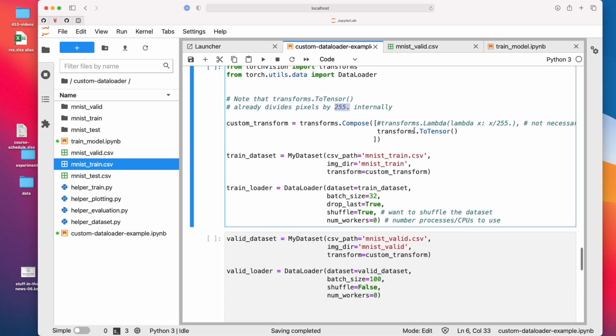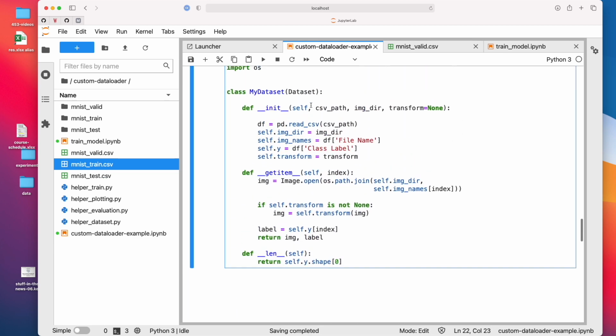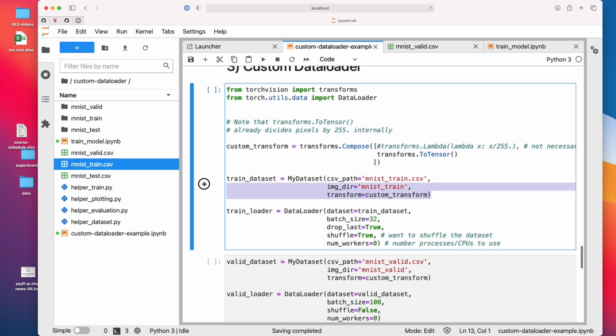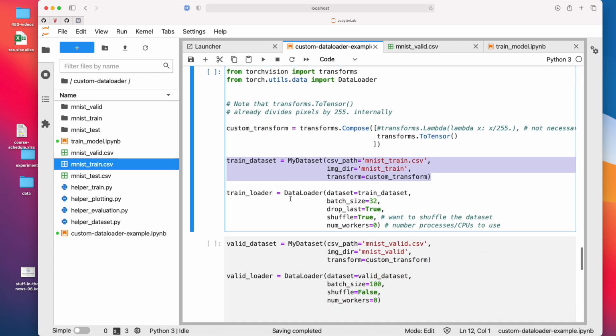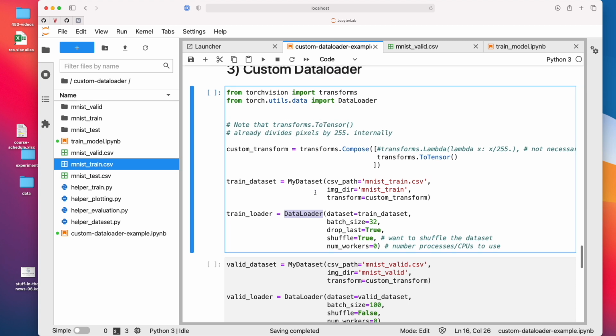Okay, so this is how we then set up our training dataset. Now we have created a dataset, a training dataset, using our myDataset class that we defined here. So here, this is just defining the class, and here we are actually using it. And now we are setting up the data loader. So that's the main part, which takes in this training dataset. And here we also specify the batch size. We specify whether we shuffle or not after each epoch. So this is shuffling essentially before each epoch.